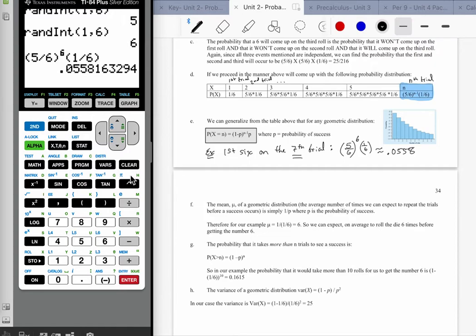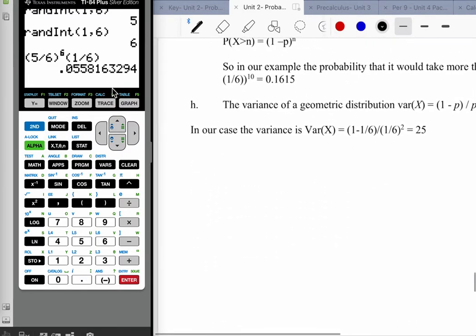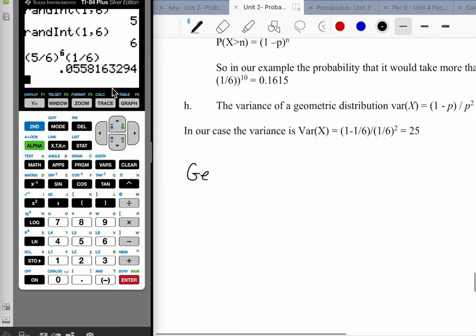Now there is some practical maximum where you would say, all right, well, I don't think I need to roll the die 17,000 times before I get a 6. Maybe I don't get it on the first 6 trials, but maybe I get it in 2 or 3 runs through the cycle. Maybe I just need like 36 trials before I get there. All right, so we need to have some sort of practical domain if we're going to come up with a distribution. All right, so when we do that, if I want to do a geometric distribution graph,